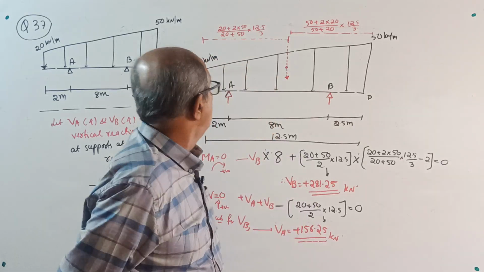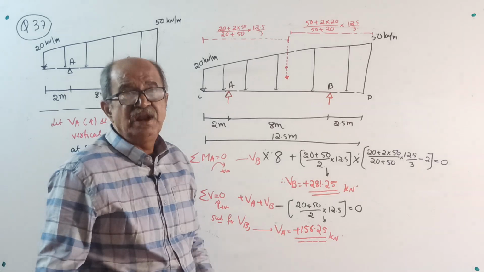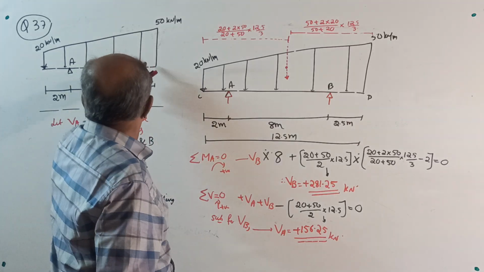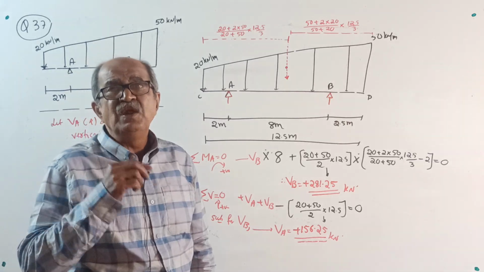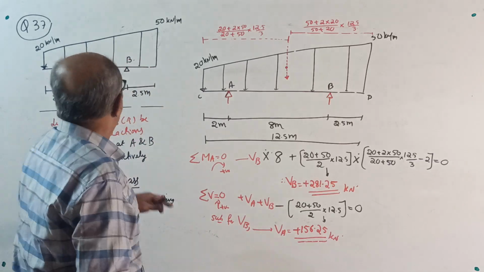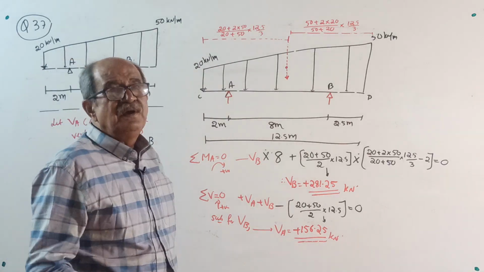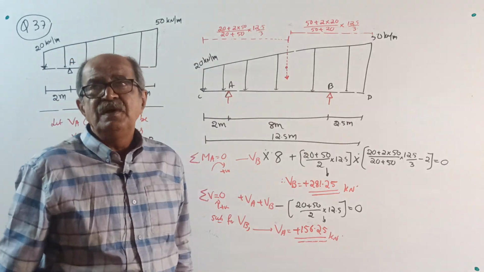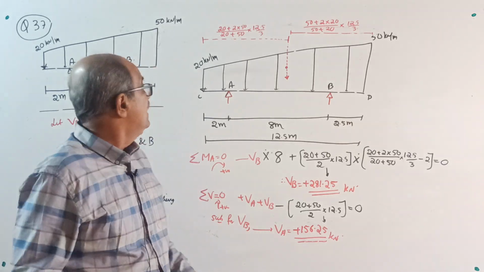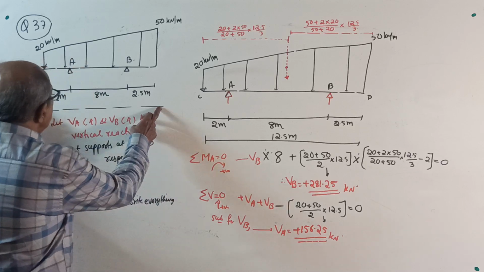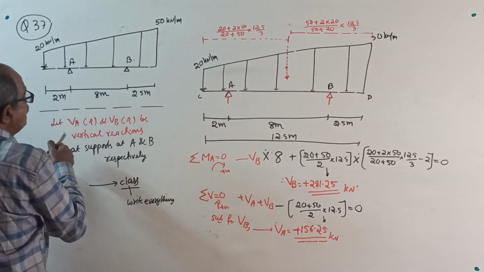Welcome. Class question 37. Again a concept-based question. Last time we considered a uniformly varying load on a double overhanging beam, with load 0 at one end and maximum at the other. Now it is represented by a UVL in the form of a trapezium. Not difficult. And the question I will give you: